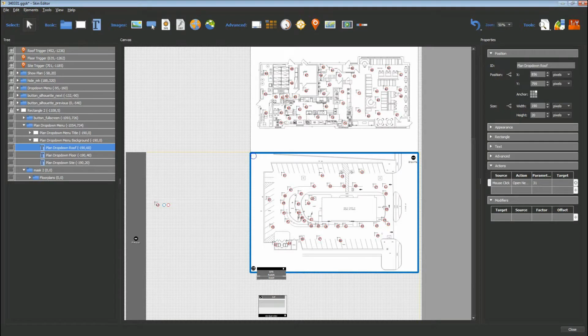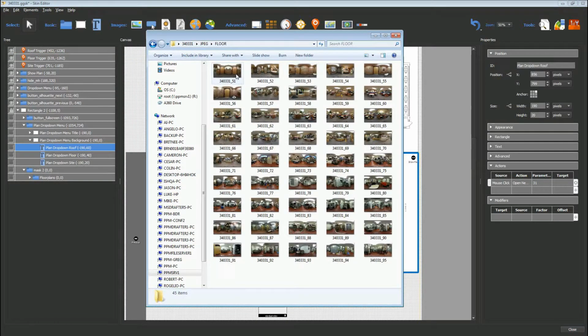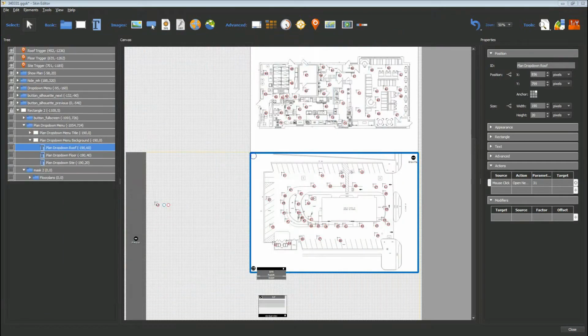So if you remember, when we separated out our photos, we have them separated out. So you can see that the floor starts with 51. So we're going to just find the first photo of that plan. So in the case of the floor plan, it's 51. And we'll select the floor plan title, and then go over to the parameters in actions,